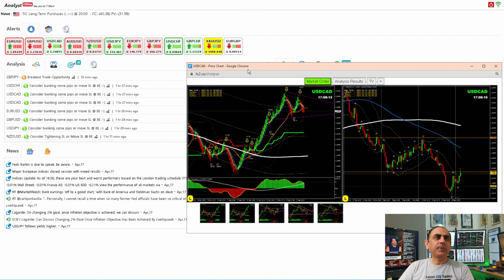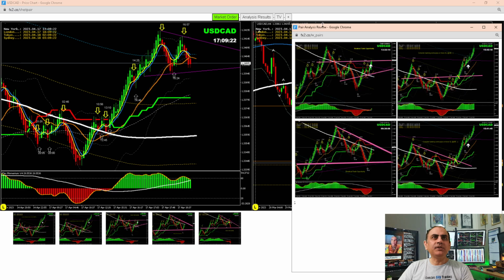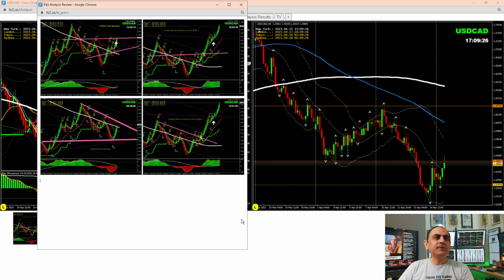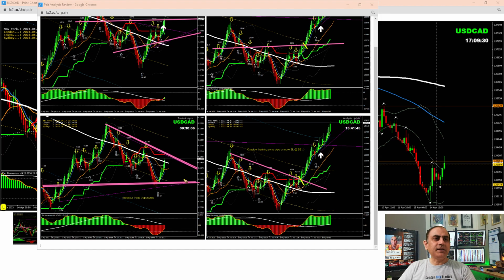Dollar CAD, we had a beautiful long trade here, pretty straightforward. We were expecting a pullback long after the impulsive correction and impulsive move, and if you look here in intraday, that was pretty straightforward. This morning we had this analysis, we were expecting this breakout, and at the New York session we had this breakout. Once the price broke this previous high, I updated the analysis to help my traders not to miss